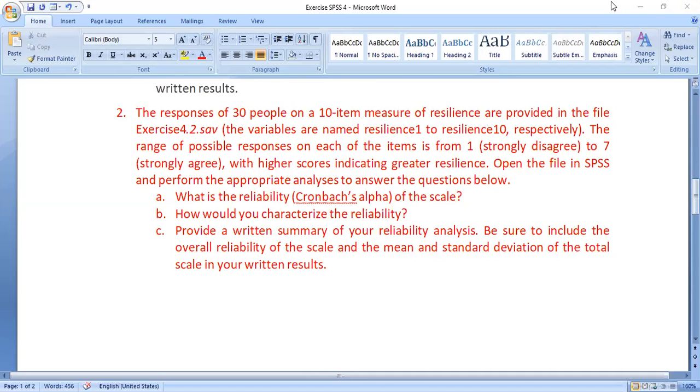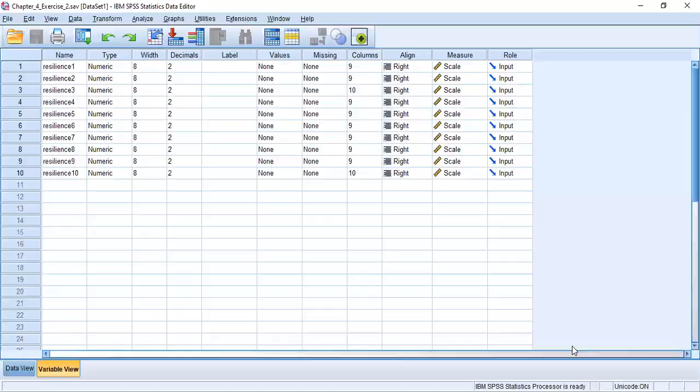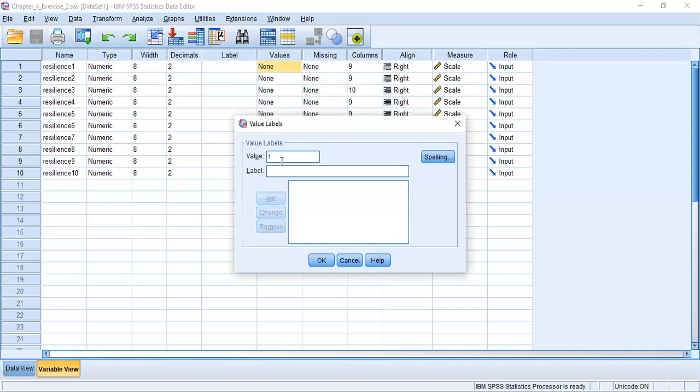I've already opened the SPSS file for you. So this is the SPSS file, where the file itself provides us the 10 variables on resilience. The values though are not mentioned here, so you can indicate those values, because it's a 7-point scale where 1 means strongly